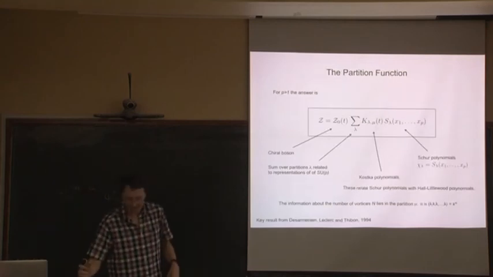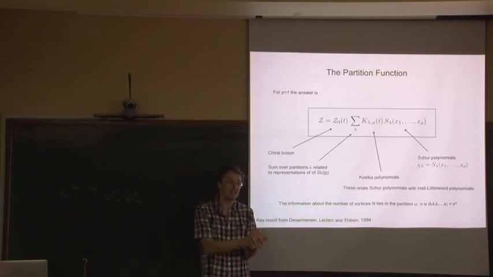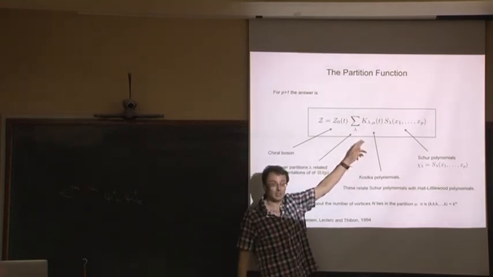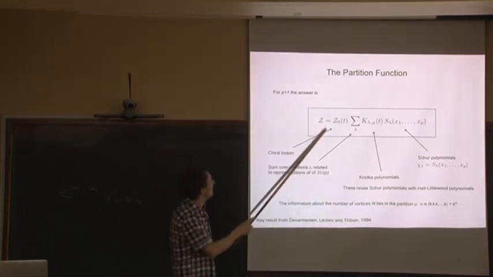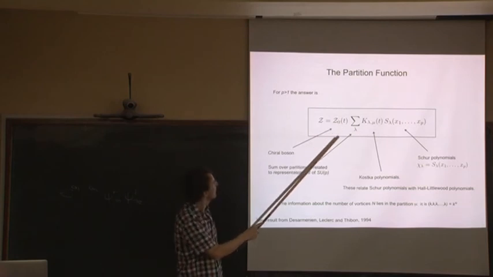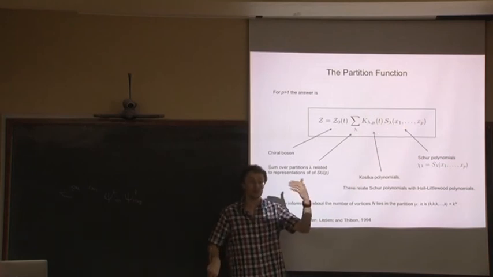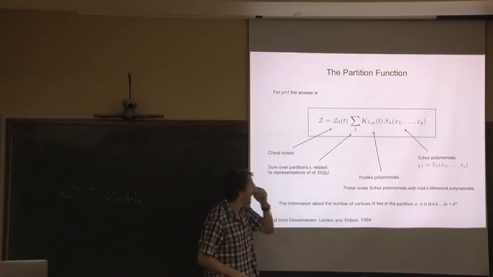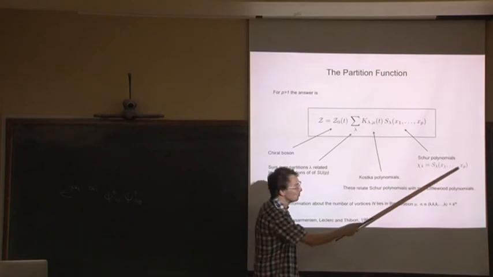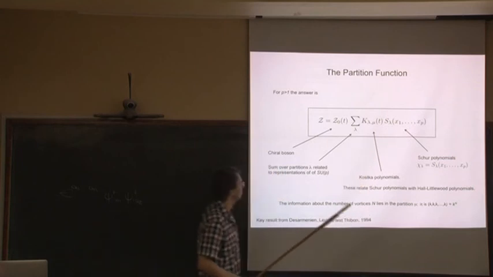So what I can do is the following. I can give you a suggestion for what the answer is. We know the exact answer, but we know the exact answer only in terms of polynomials that I don't understand. Each of these polynomials has its own Wikipedia page, so it's fairly well known, but not by me. So what's the answer? This is just the chiral boson effect. Okay? What we're doing here is expanding the rest in terms of Schur polynomials. If you remember, Schur polynomials are the characters of UN representations. And now we're expanding them out in the SUP, not the UP. So we're just expanding this in SUP Schur polynomials.